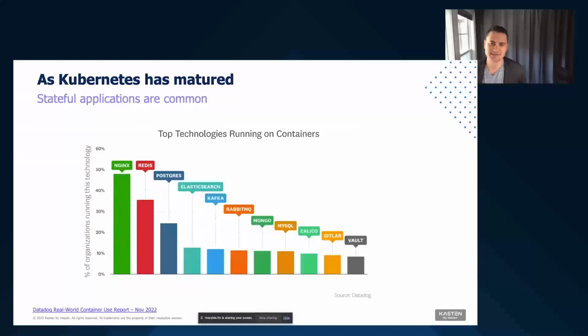So here are a number of top workloads where we are seeing, obviously, Nginx, Redis, Postgres. Hopefully some of these look familiar to you. We are seeing more and more of these deployed within Kubernetes with persistent volumes. So that is a sweet spot that Kasten can help you with. Aside from backing up applications, YAML, and just general configuration, being able to back up that persistent volume data